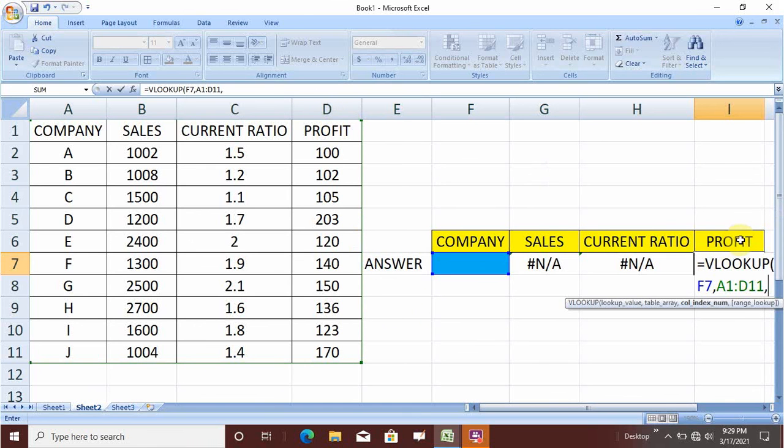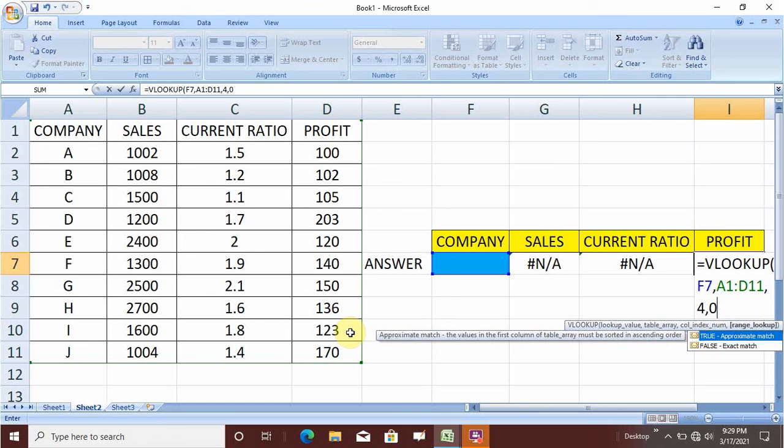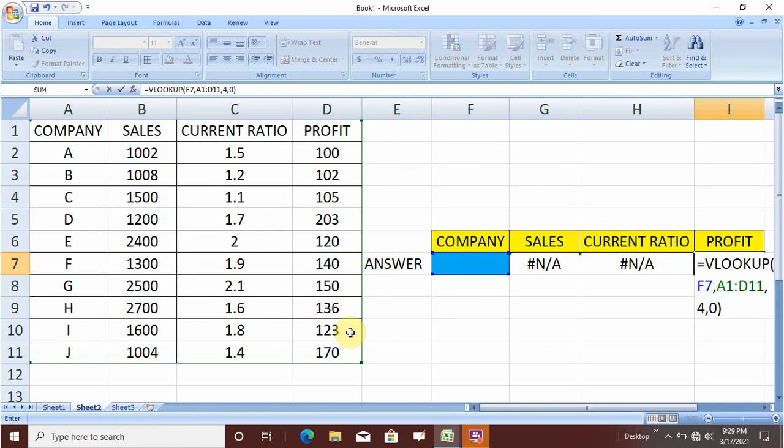So company is first, sales is second, current ratio is third, and profit is fourth. So we have to put 4. Now again you put comma and 0. So this will give you the exact match. Now you close the bracket and press enter.